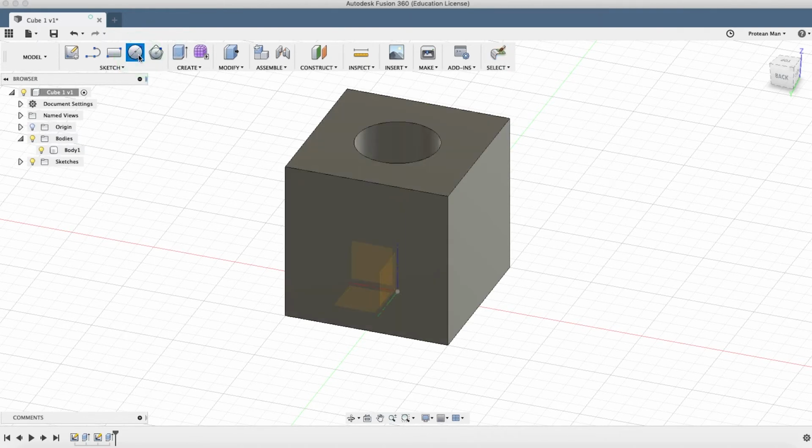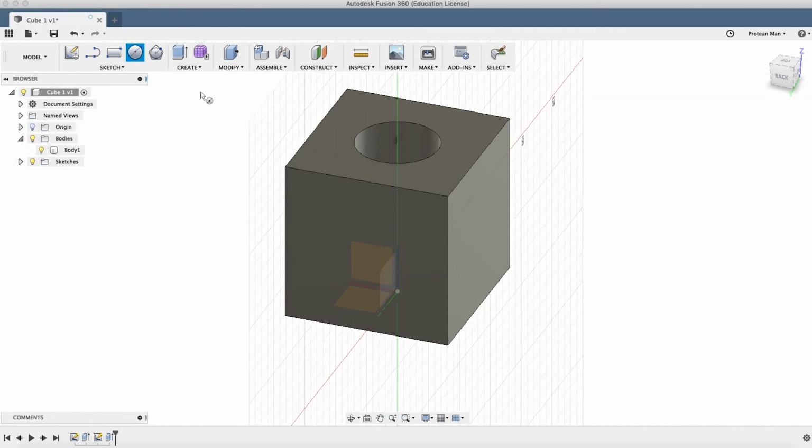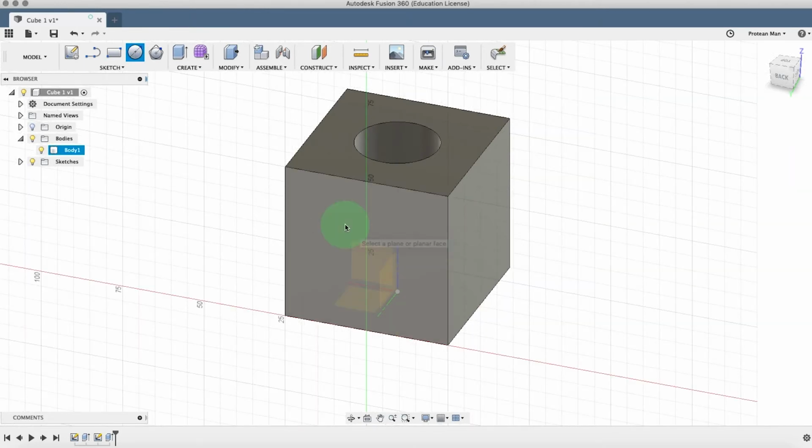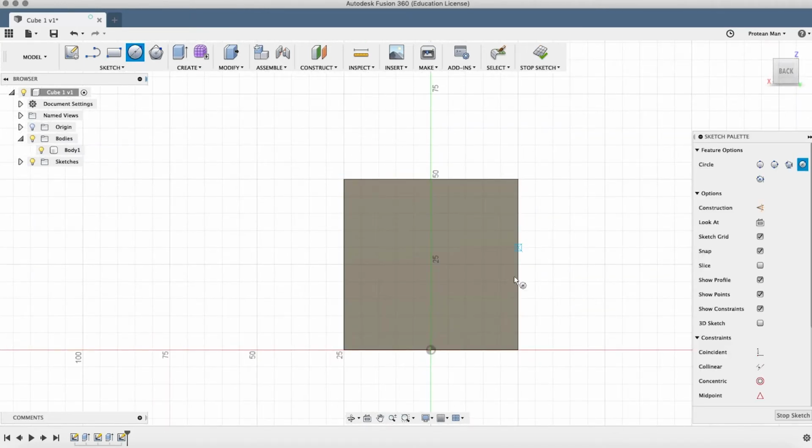So here we go. Exact same thing. Hit your circle button, find an empty side, click it once. It snaps the sketch palette to that side. Find the center, so drag along one of the lines, pull down a bit, drag along the other, perpendicular line, pull across. You see there's 2 blue lines right there. If I go up, one disappears, go back down, it comes back. It's because I have found the center, pulled down until both connect, and it will tell me when they connect. It snaps. Click once,